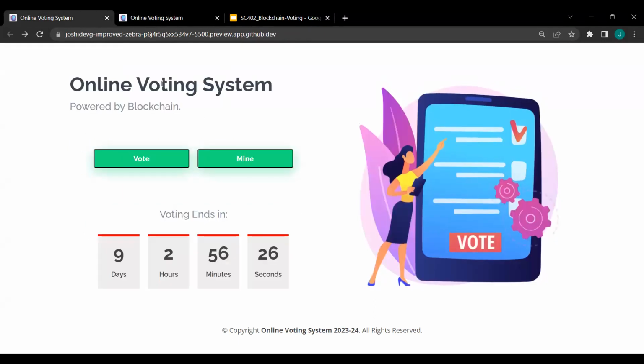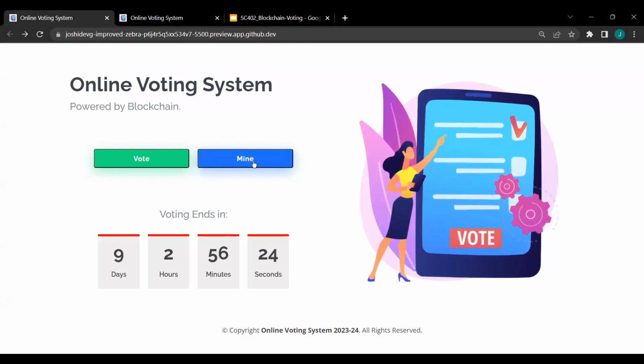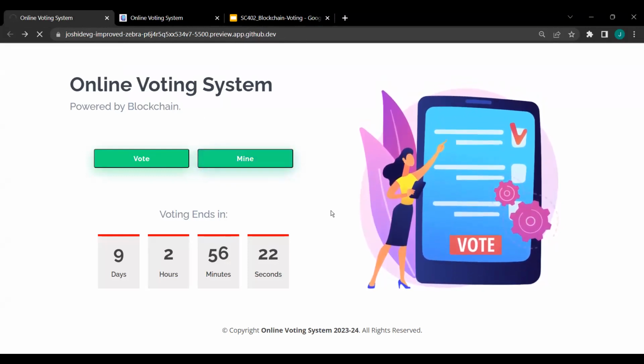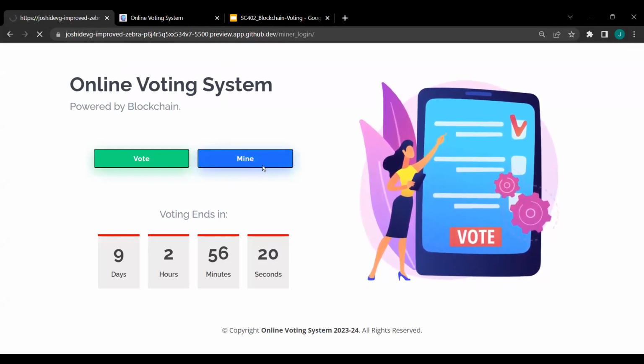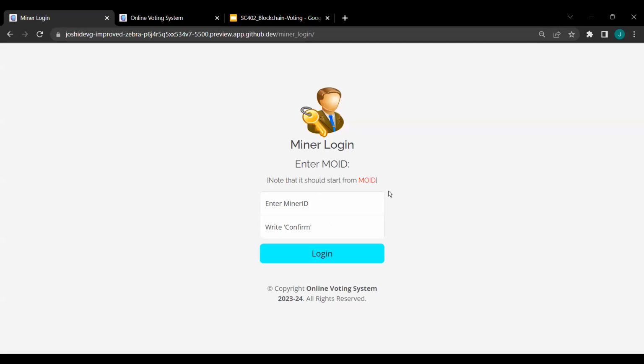Now, let's suppose that I want to mine the data. When I click on mine, my computer first needs to be a verified miner, and then I need certain credentials. So I need a miner ID and a password. We have not yet implemented the password part of this website because it is a trivial thing. We wanted to focus more on the blockchain part of it, so we have just implemented a confirm. We have to write confirm here, and when I log in, we can see that